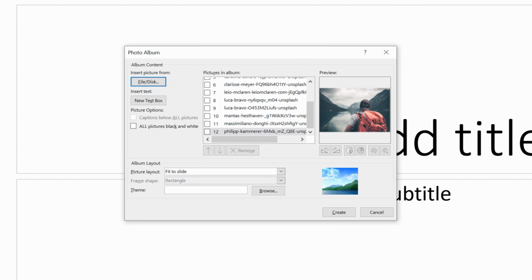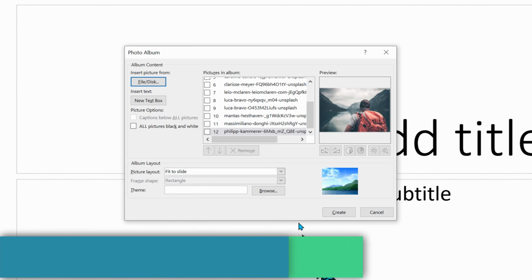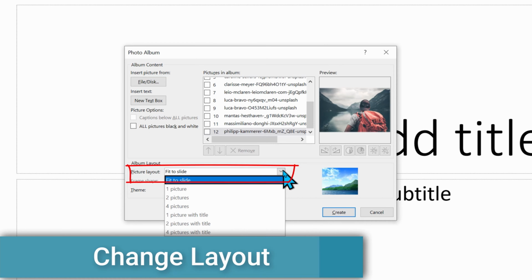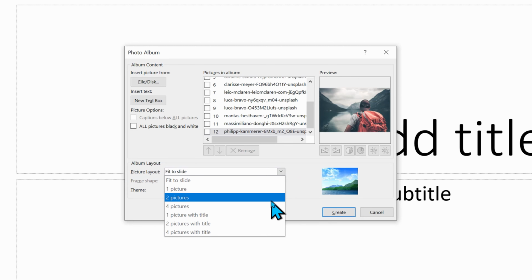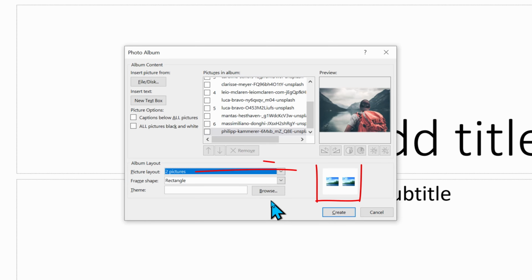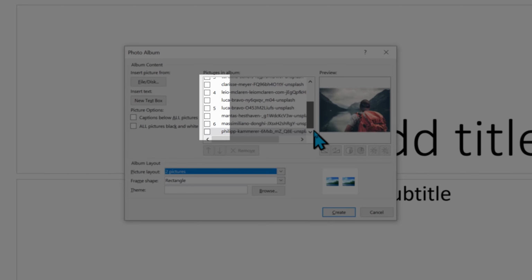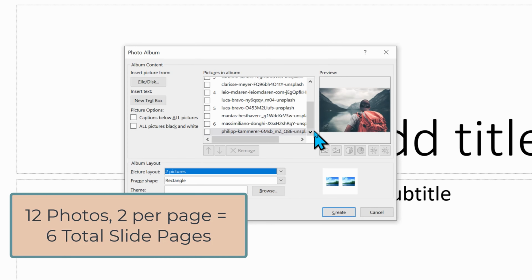Under the drop-down dialog box choice called Picture Layouts, there are multiple layout configurations. Let's try out 2 pictures. This shows a preview layout of 2 photos per slide, and a list of photos now shows only 6 slide numbers, as we have 2 slides per page. So that's 12 photos divided by 2 slides per page, which equals 6 pages.